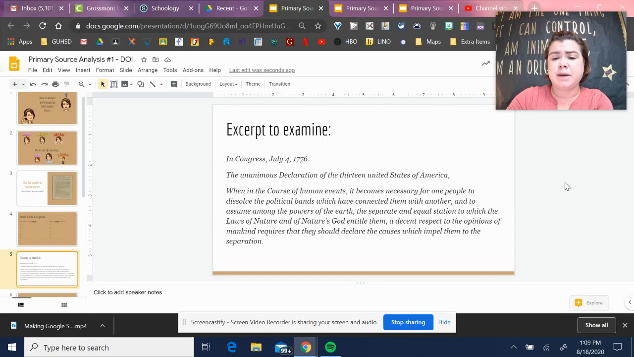When in the course of human events, it becomes necessary for one people to dissolve the political bands which have connected them with one another, and to assume among the powers of the earth the separate and equal station to which the laws of nature and of nature's God entitle them. A decent respect to the opinions of mankind requires that they should declare the causes which impel them to the